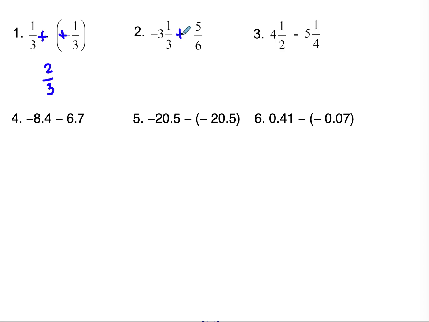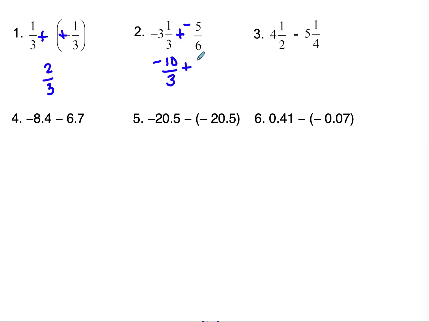Boom, change to addition. Boom, change the sign. I have the same sign. I'm going to need to find the sum. Okay, so for this one, I'll do an improper fraction. The next one, I'll keep it as a mixed number. So 3 times 3 is 9 plus 1 is 10. So I have negative 10/3